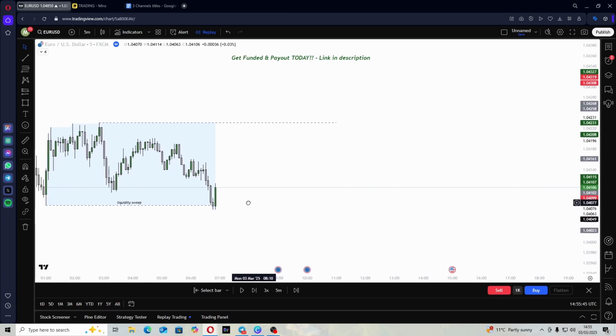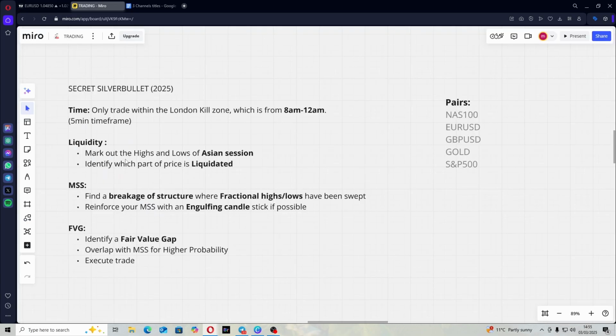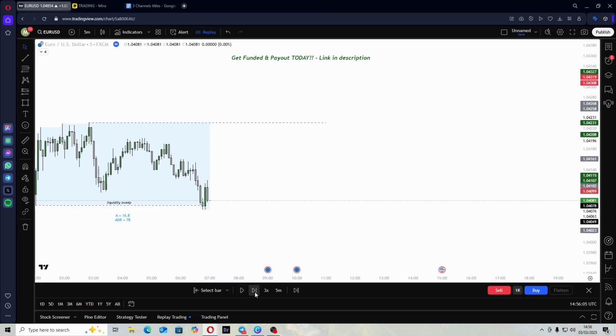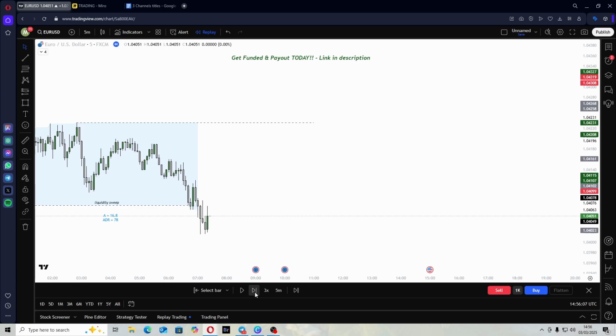After we got this liquidity, what we need to do is very simple. We need to find a break of structure where fractal highs and lows have been swept, and we can reinforce this market structure shift with an engulfing candlestick if possible. So we need an engulfing candlestick and we need a market structure shift. If you've done everything correct to this point, that means you're a good trader, and that means you will pass your profit challenge. So I'm going to keep playing price forward until we see a market structure shift with